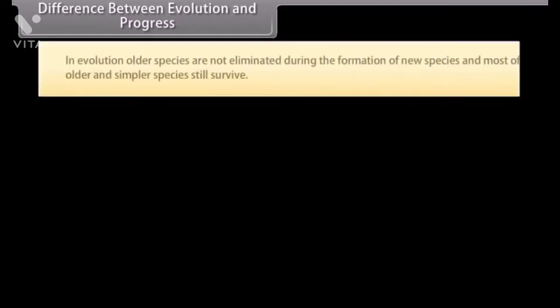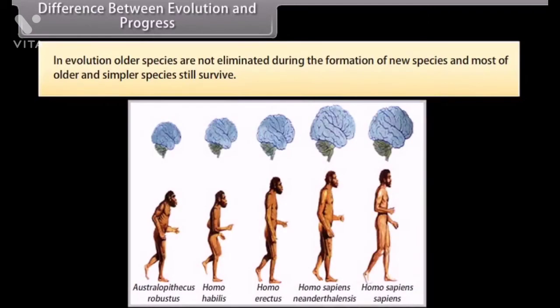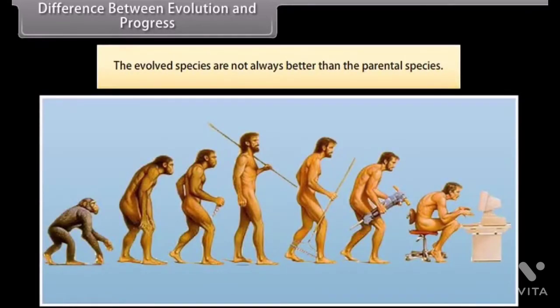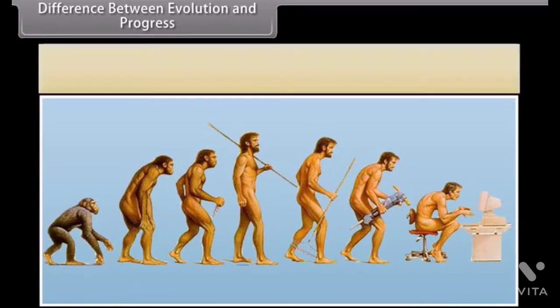Difference between evolution and progress. In evolution, older species are not eliminated during the formation of new species, and most of the older and simpler species still survive. The evolved species are not always better than the parental species. Evolution depends upon natural